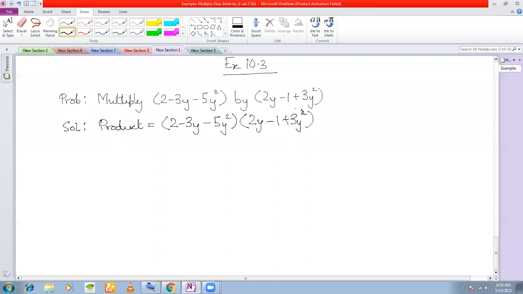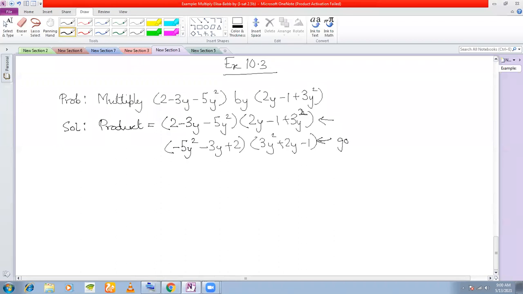But here I will show you, even if you are not writing the terms in order, even then how you can multiply, that I'll show you. Okay, but if you write the terms in order, you could have written it in this way also: minus 5y square minus 3y plus 2 and 3y square plus 2y minus 1. You could have written in this manner also, as I have told you to write. Okay, but you can write it in either this manner or this manner.